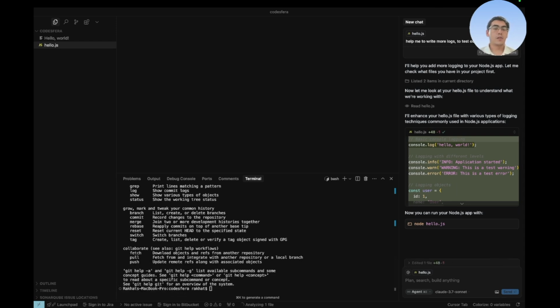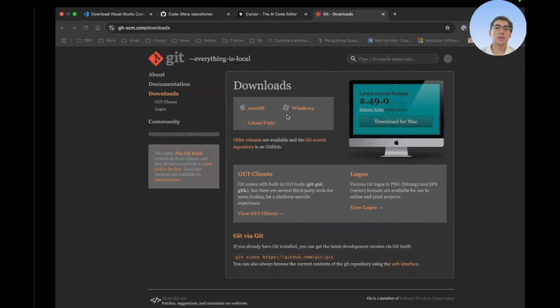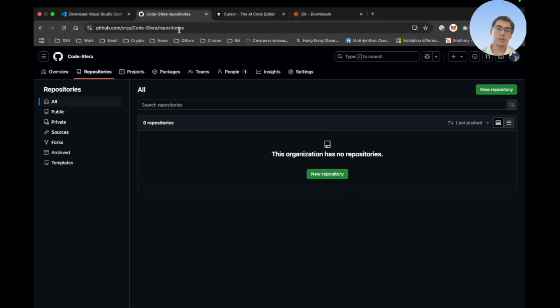Now, for our project, I would like to go through setting up our repository. So I want to use GitHub because GitHub supports Copilot, as well as GitHub is developed and maintained by Microsoft, which is essentially one of the most supported platforms in the world. So here you have to open repository. Basically, repository is something like a folder where your workspace will be located. So I will have to click new repository,